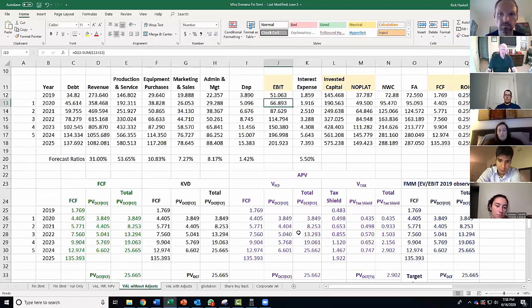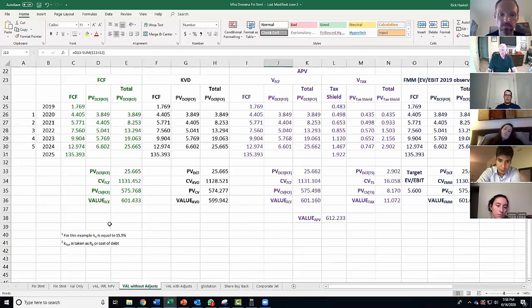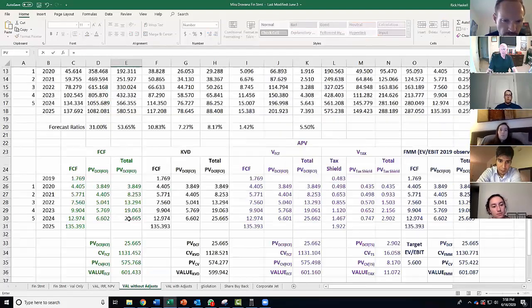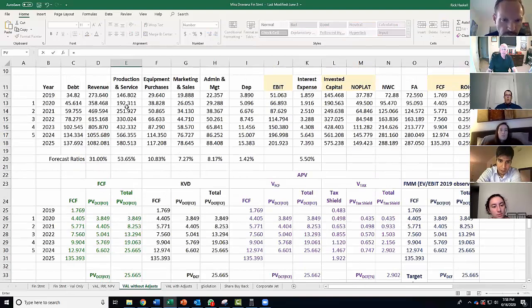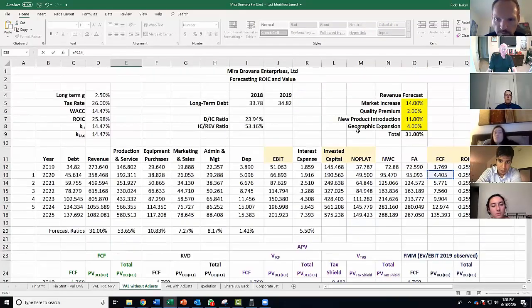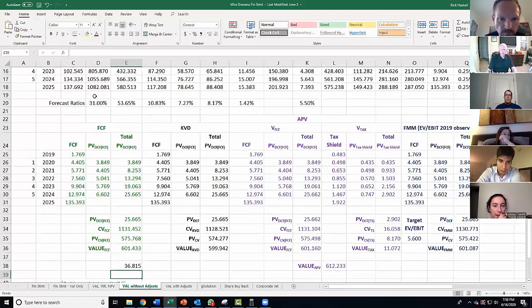So I might say, I'm just going to put something down here. I might say that Mirajavana value is going to be equal to the next period's free cash flow divided by its discount rate minus its long-run growth rate. That would be a Gordon growth model. And if I said that,